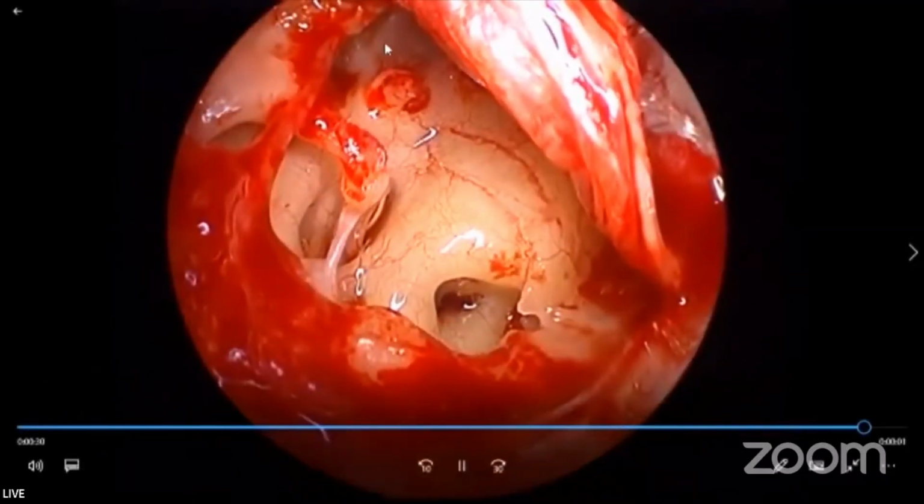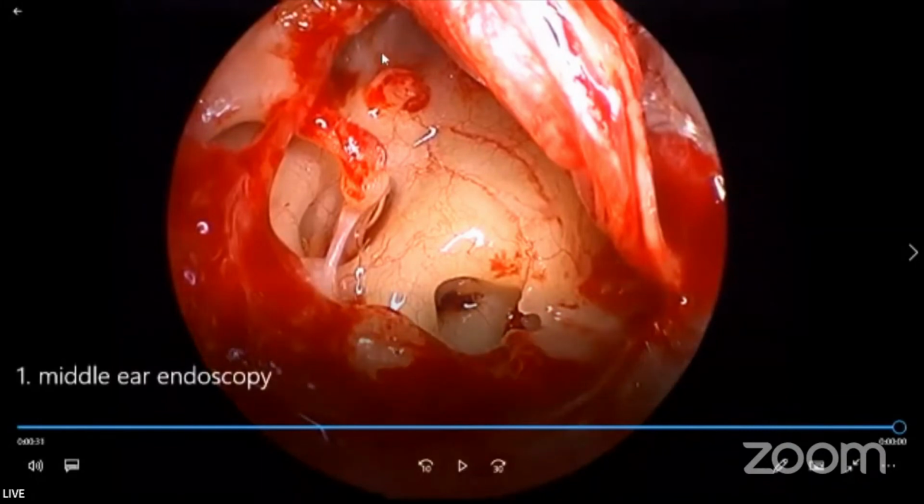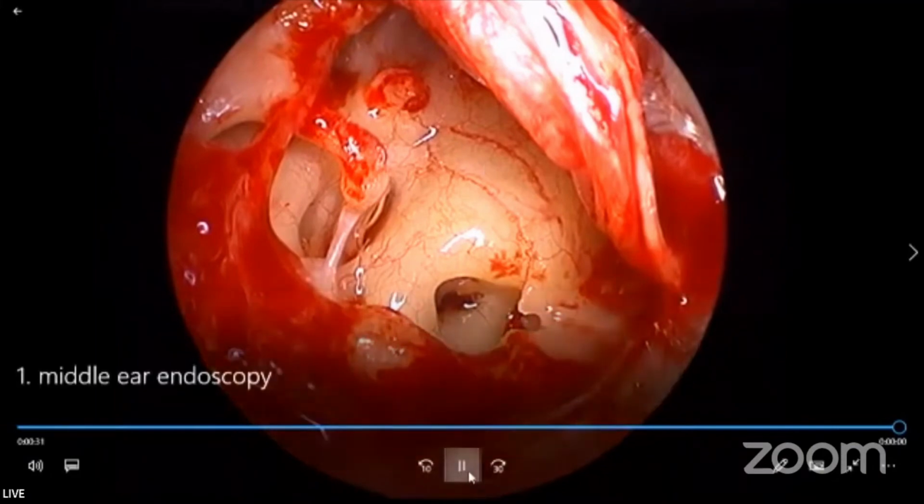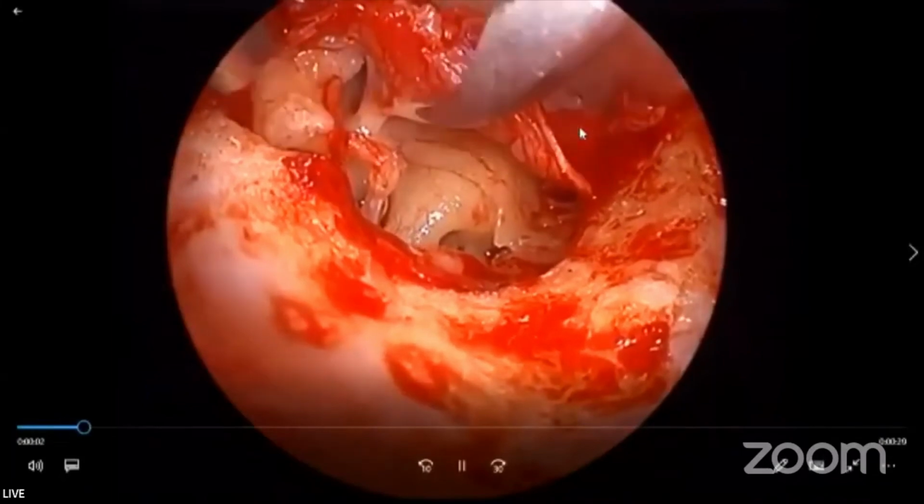Okay, over here is the supratubal recess. Can you see it? Over here, it will be the tensor fold, which is open in this case. So what I was saying is a transverse fold, which will guide the orientation of the other structures. Now the next is